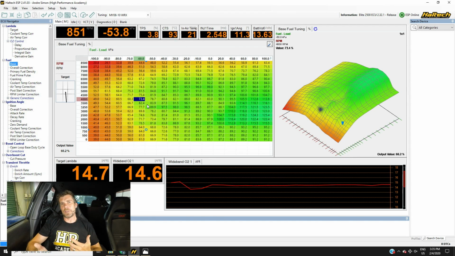Now, I've talked here about transient enrichment and transient enleanment, so as we tip out, removing fuel. The other aspect that is worth considering here as well, and in the 18-odd years I've been in this industry I've only needed to use this on about 3 engines, is transient ignition trimming. Obviously, just what I've said there, it is very rare in my own personal experience to need it. I have had a couple of turbocharged race engines where, for no obvious reason, on tip-in at